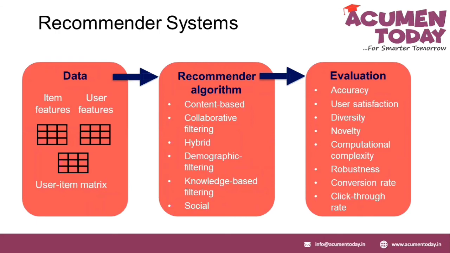So in my data, I have a matrix of item features, user features, and user item features. When I bring about the combination of these three different elements from three different data sets, I would do content-based collaborative filtering of all of this put together